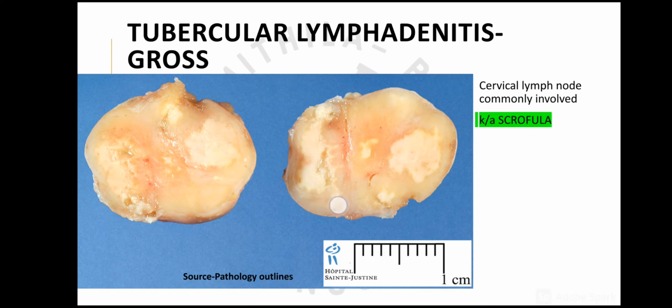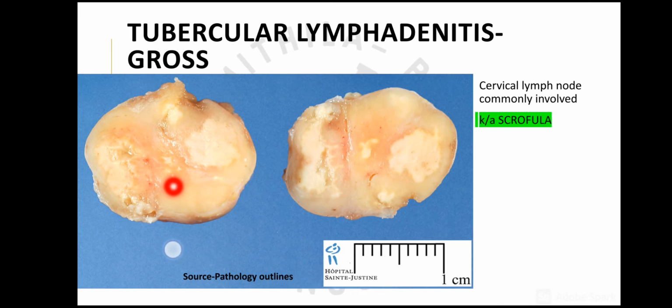So here you can see there is a cut section of lymph node, and these are showing this whitish cheesy appearing areas. So these are the areas which are showing the caseation necrosis or cheesy necrosis, as we say. And this specimen many a times is kept in the practical examination, and you have to describe such specimens, and you just have to say that it is a whole mount specimen of lymph node, the cut section of which is showing these cheesy white areas, and adjacent normal lymph node tissue is also seen.